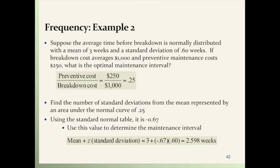So here's another example. Suppose the average time for a breakdown is normally distributed with a mean of 3 weeks and standard deviation of 0.6 weeks. If the breakdown costs an average of $1,000 and preventative maintenance costs $250, what's the optimal maintenance interval? So preventative maintenance divided by breakdown cost, 250 divided by 1,000, is 0.25. Find the number of standard deviations from the mean represented by an area under the normal curve of 0.25. Use the table. It's minus 0.67. So use this value: mean plus z times standard deviation equals 3 plus minus 0.67 times 0.6 equals